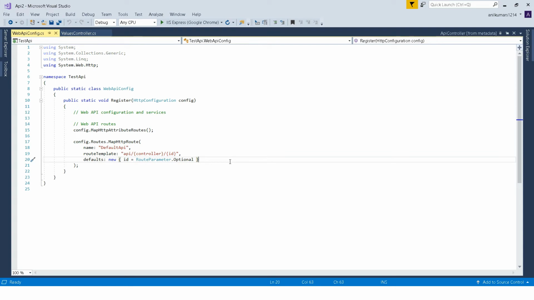So this is the file, and here we are configuring the web API. If you want to customize the behavior of web API, like hosting, infrastructure of a component such as routes, formats, filters, dependency resolver, those can be configured here, right?